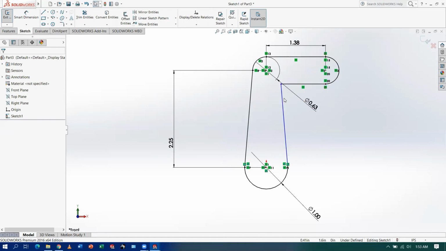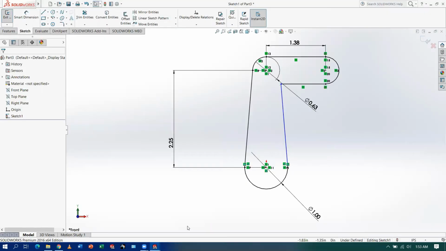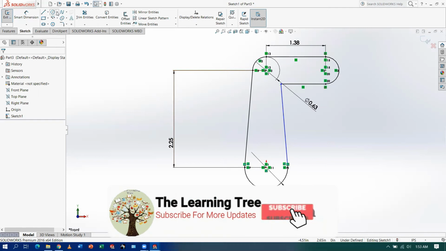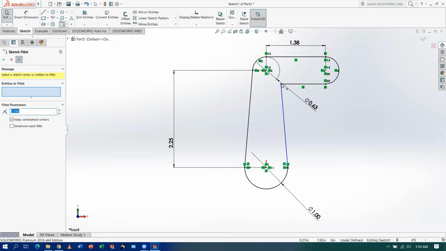I need to create a curve here. How can we create a curve? Let's have a look at the 3D model. There is a curve of 0.25 radius. Click here, not here. Click fillet, sketch fillet, and the radius would be 0.25. Okay,